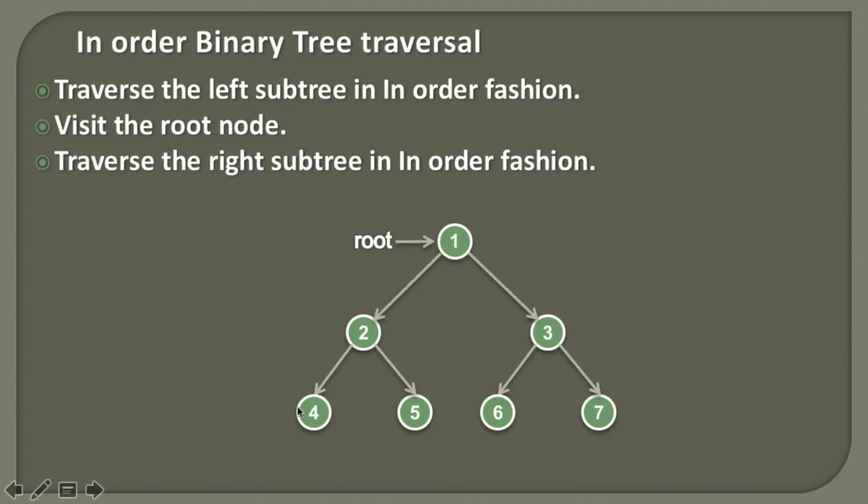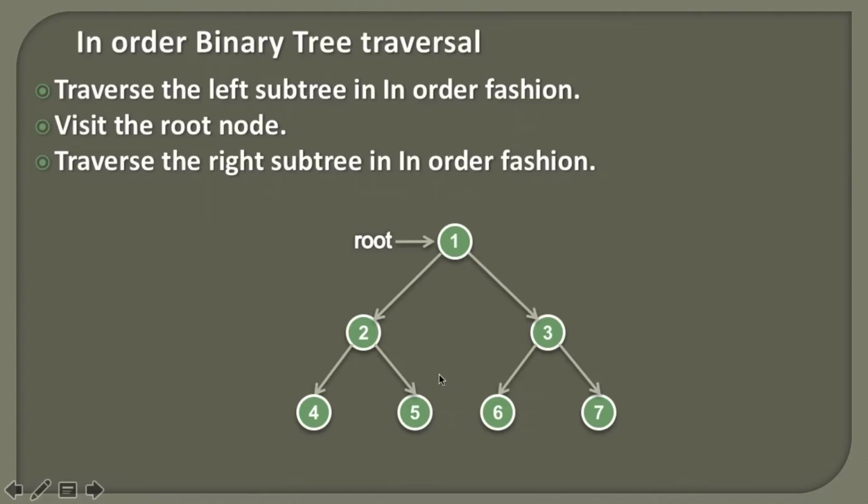Here you can see node 4 has no left subtree, therefore we are done with the processing of the left subtree. And after we are done with the processing of left subtree, we actually visit the node. So the first element we visit is the node 4, and after we are done with the node 4, we go to its right subtree, and we know that node 4 has no right subtree, therefore we are done with the processing of the node 4 completely. So the call returns back to the node 2, and from the node 2 perspective, we have actually visited its complete left subtree. So now is the chance to visit the node 2. So we actually visit node 2, and then we go to its right subtree.